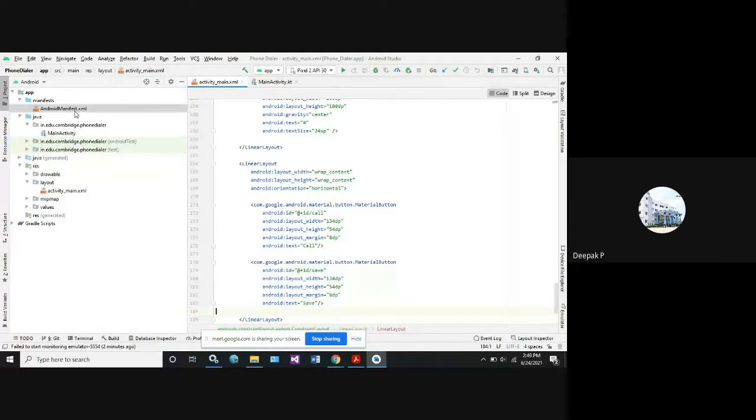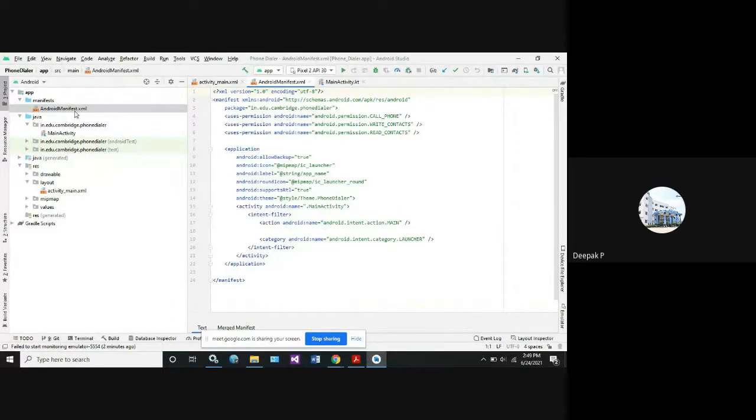So for that, go to the Android manifest file. In the Android manifest, usually whenever you create a project, except for these three lines, everything will be done automatically. Now what you should do is give permission to the user. So what are those permissions? Users permission, Android name. What is the permission? They have told us to make a call. So for that purpose, we have taken the field as CALL_PHONE.